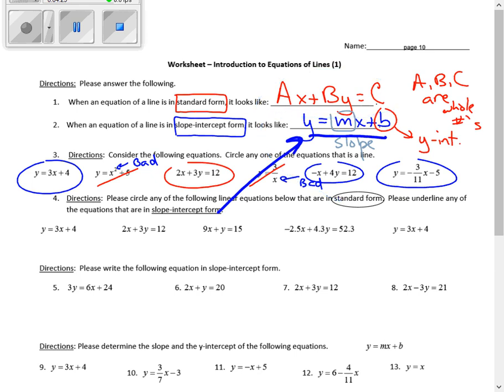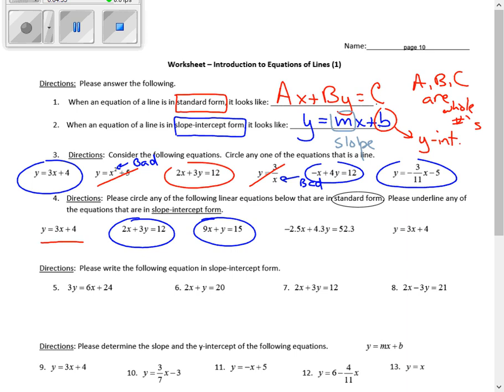Okay, so this first one is y equals mx plus b, so we'll underline it. The next one here that says 2x plus 3y equals 12, that's standard form, so we'll circle it. Okay. The next one that says 9x plus y equals 15, also standard form, so we'll circle it. Now the next one,